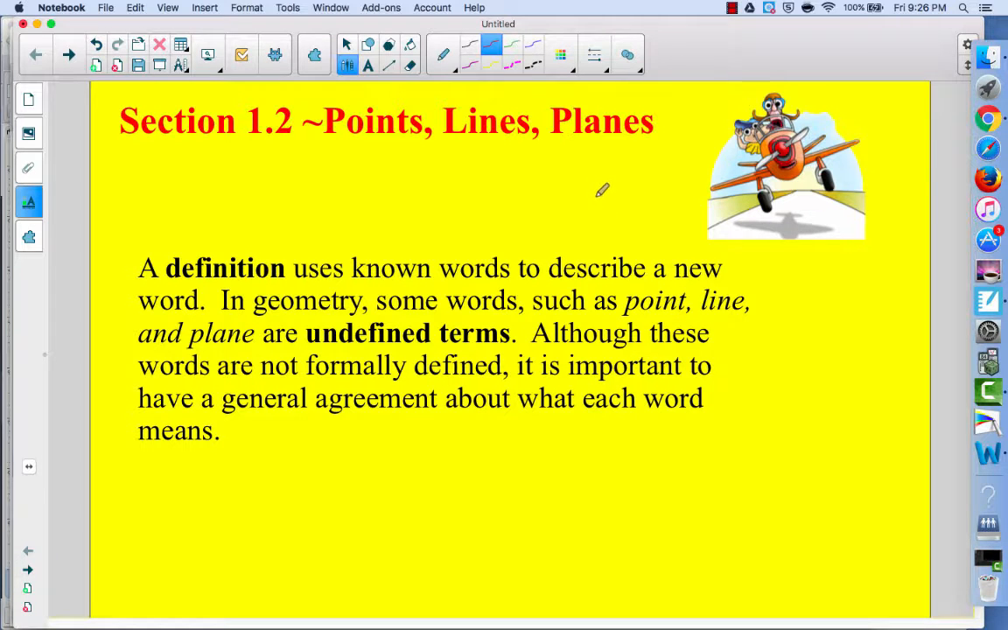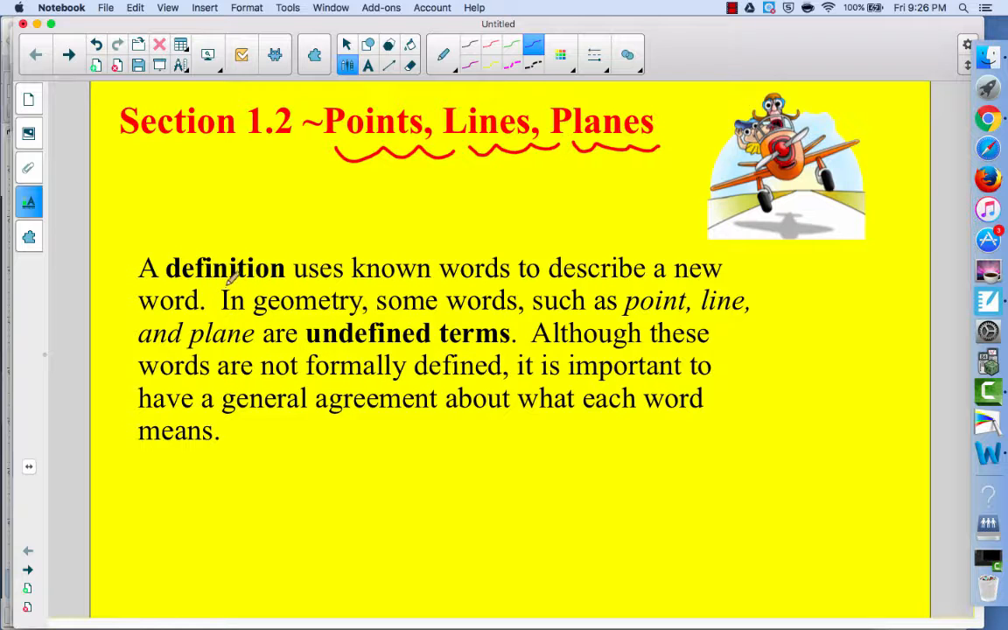Hi everyone. So today's lesson is section 1.2, points, lines, and planes. And it's really my favorite day because it's our first day of geometry. Okay, so in geometry we're going to be learning lots of definitions, lots of things called theorems and postulates, which